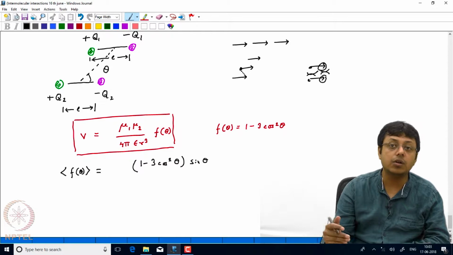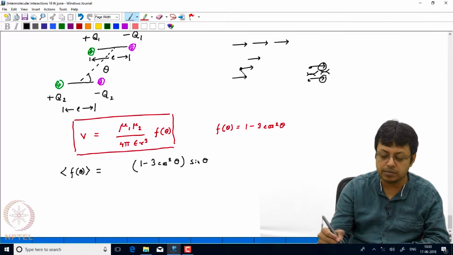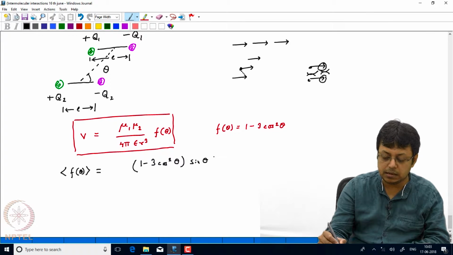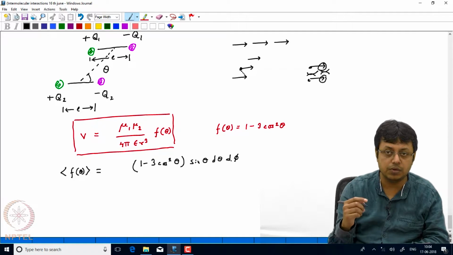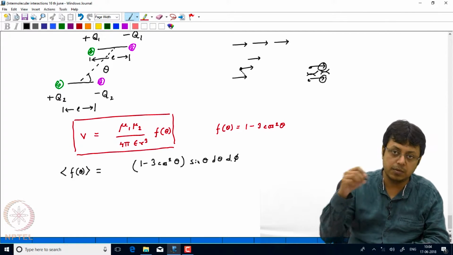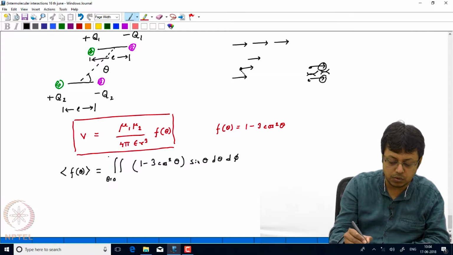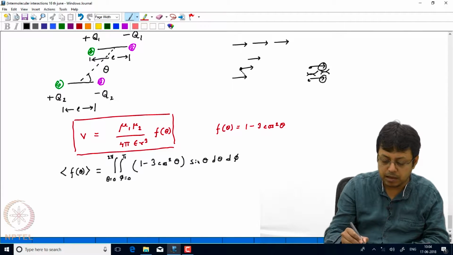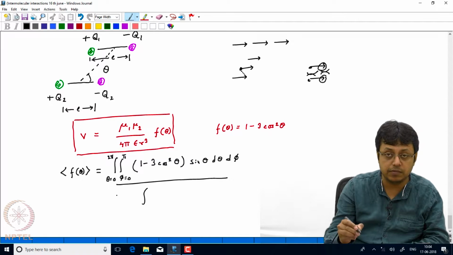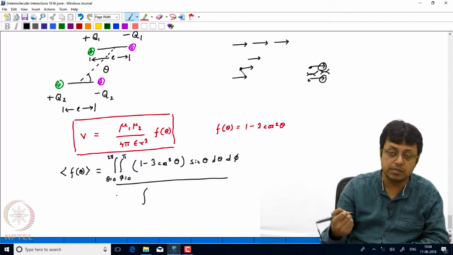But here we are considering only what is the possible orientational averaging between the two dipoles, and then I will have sin theta d theta d phi, because d phi is the other angle, which is basically the spherical polar angle, but in this case the phi and theta notations have been interchanged. So, for our interchanged notation, theta goes from 0 to 2 pi and phi goes from 0 to pi, and then I have to divide, since if we want to calculate the average value in terms of say the probability,